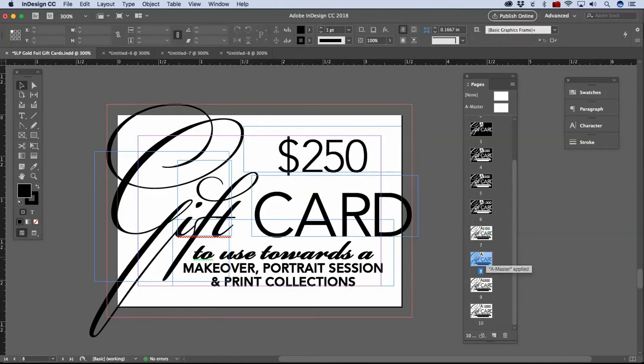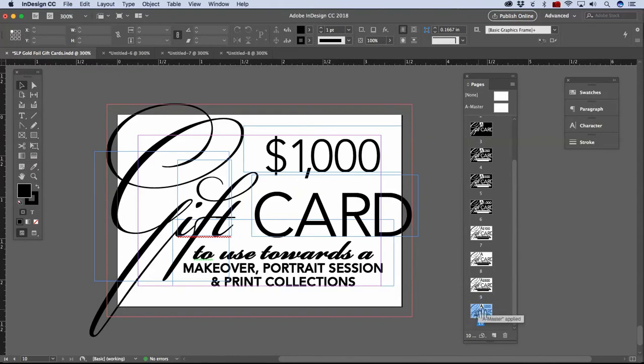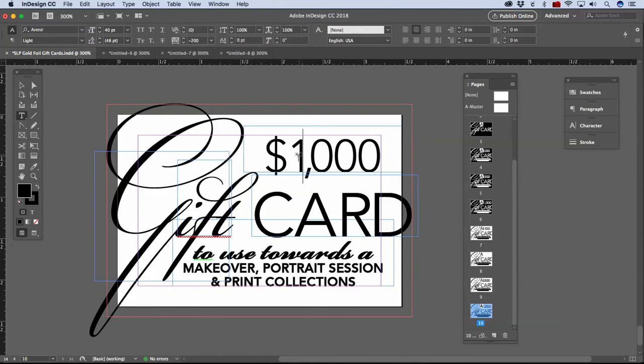Alright, so I have versions of the reversed gold text, and you can change these and edit them to whatever amount you want. I have actually started creating gift cards specifically for my folio packages. So I will change this one to $3,000, and they can buy the highest package with this gift card. If somebody wanted to buy this for their wife for Christmas, they can purchase a gift card for $3,000,